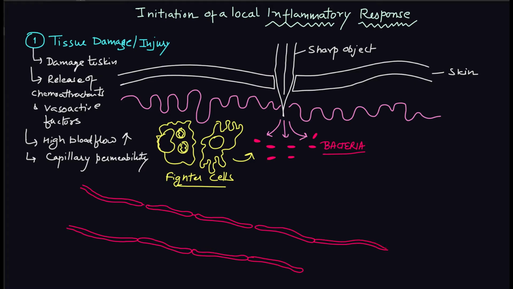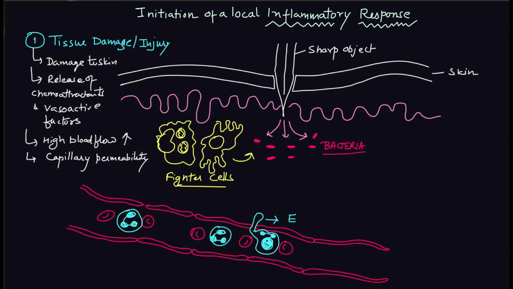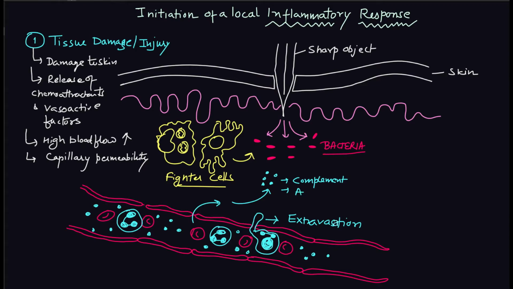So let me design this capillary wall. Right now I'm showing these red structures, they are RBCs, and then these blue cells, they are neutrophils. And because of the process of extravasation, these cells, they're going to move to the site of the injury. They are also going to release these blue dots. The blue dots here are the complement proteins, as well as the antimicrobial proteins, as well as antimicrobial peptides. They are released in response to the entry of the bacterial cell,